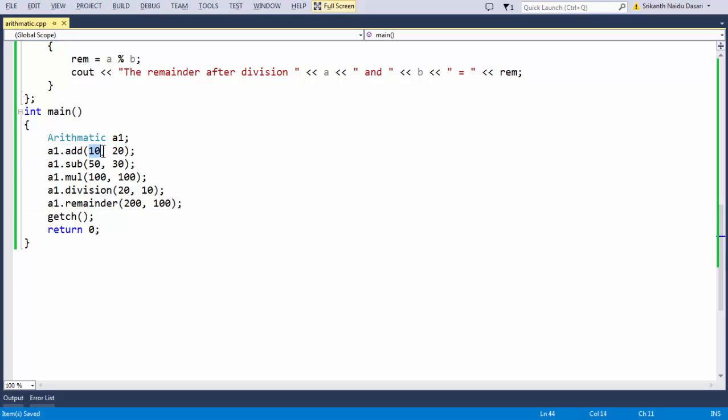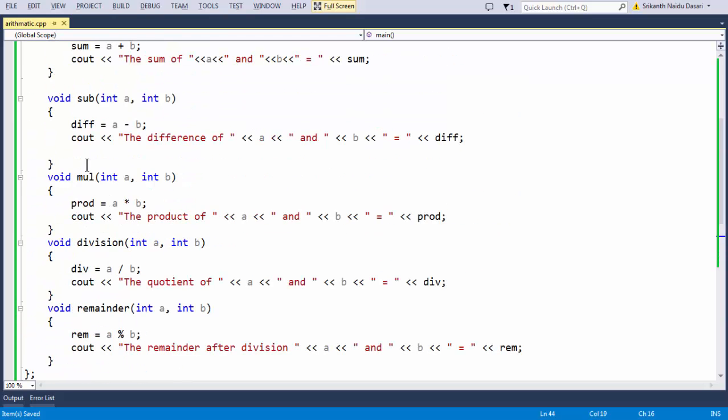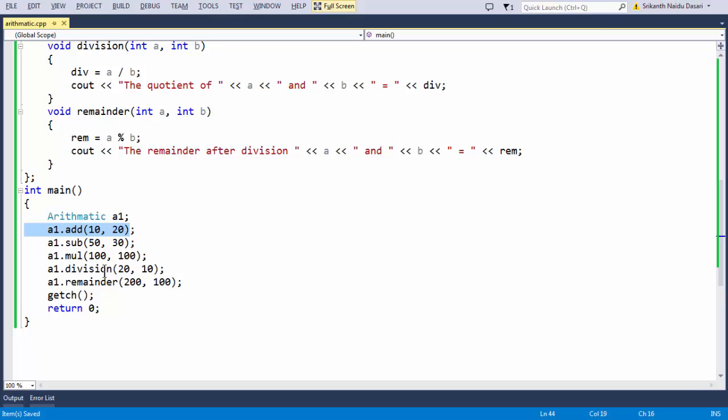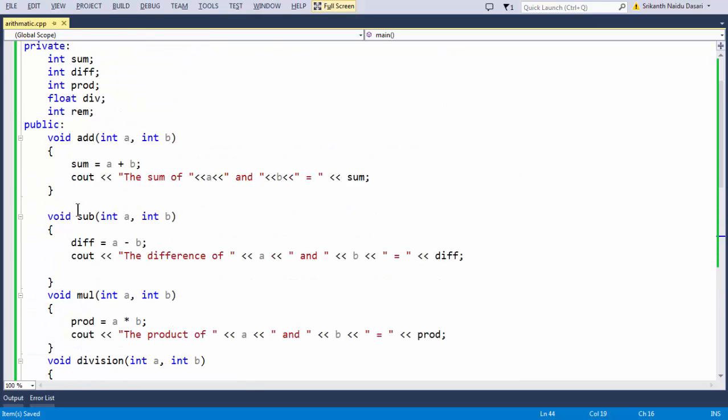These are the arguments, the key thing here, which we are passing from the calling function to the definition section. The 10 and 20 go from there, and when they enter the definition area they sit in these a and b variables, and thus we compute the operation using the arithmetic operator, produce a result, and output it using the cout statement. If you run the program until now,